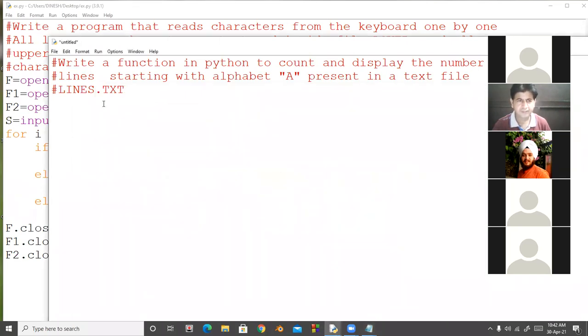So look at here. I will make one function. Function name is not given, so I will call it calculate. I will open the file.